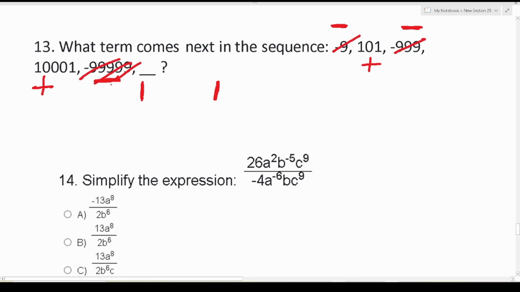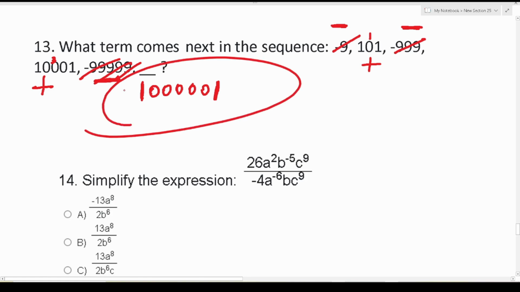We're not really looking at their pattern, but let's look at the pattern of these ones, specifically the zeros. Again, we have 1 zero here, 3 zeros here. I'm going to say for this one, we're going to need 5 zeros. So 1, 2, 3, 4, 5. And there's our answer. Again, sometimes for the ASVAB, you're going to be given a sequence that you're going to